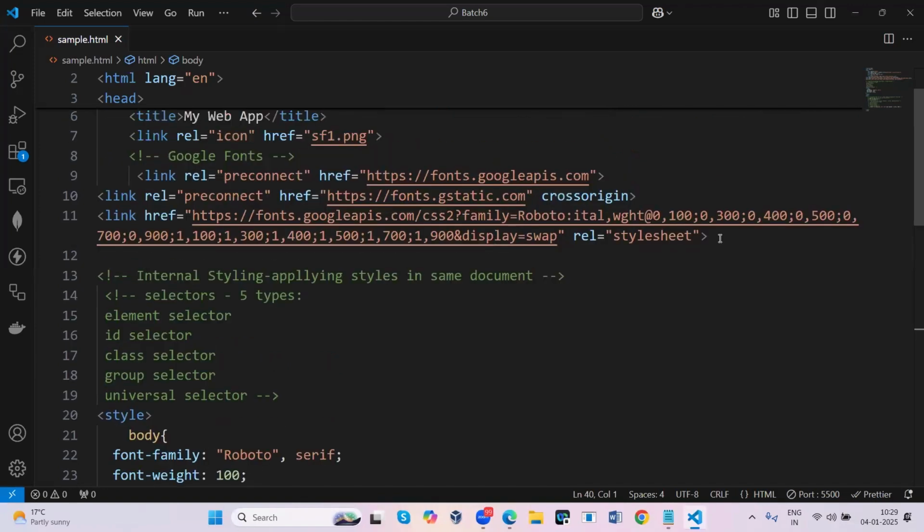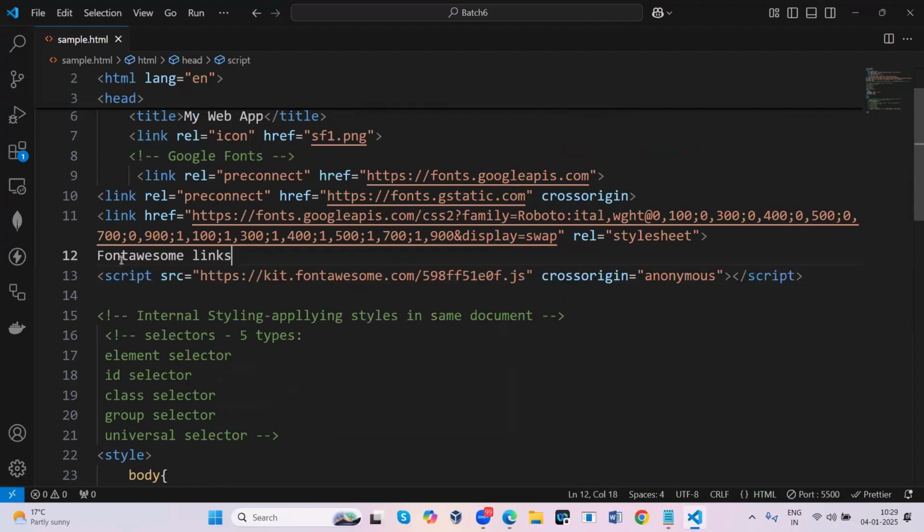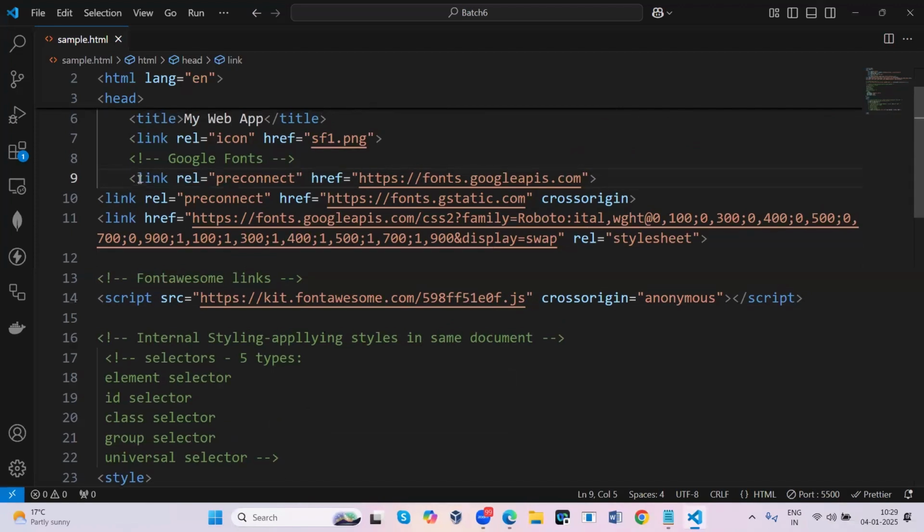So now I'm using the Font Awesome links. Just for our understanding, I'm making use of it, and I'll just comment this one. Just to know what all these links represent, I'm making this comment. That is the importance of comments. If you don't write why we are using this, we cannot understand. That is the reason if you make this kind of comments, whenever you open and check it, you can understand it easily.